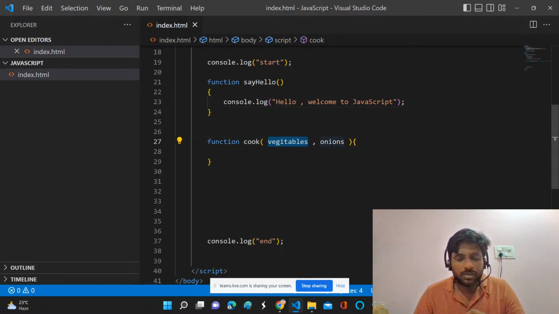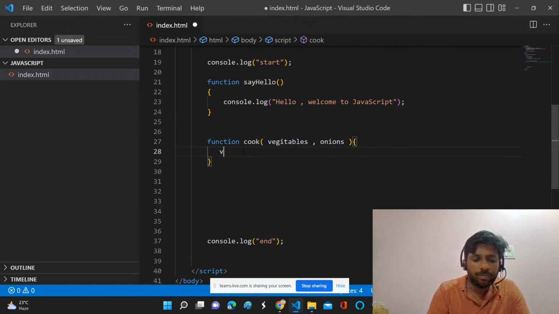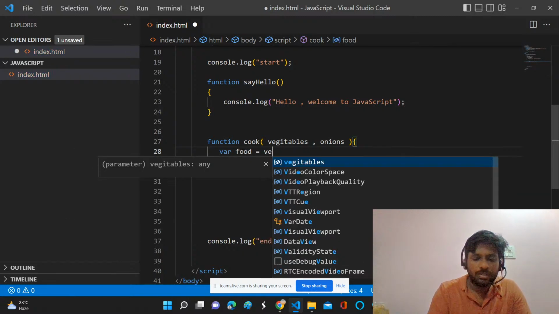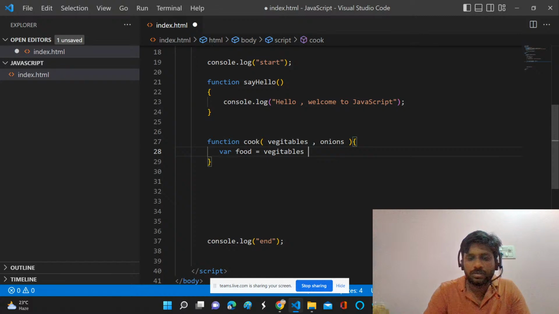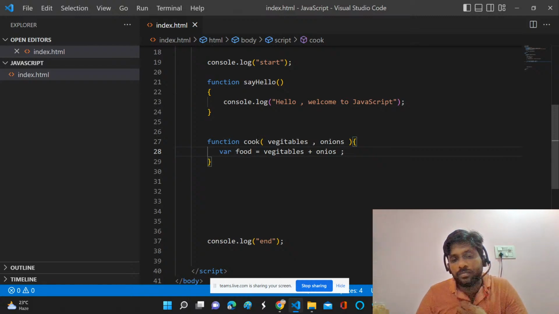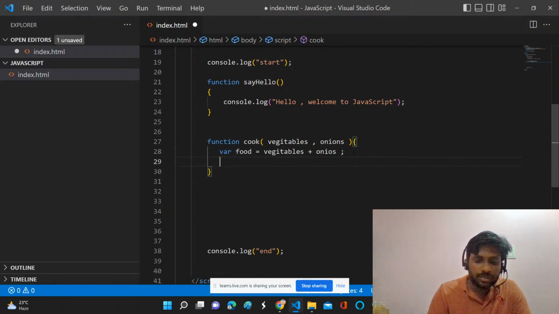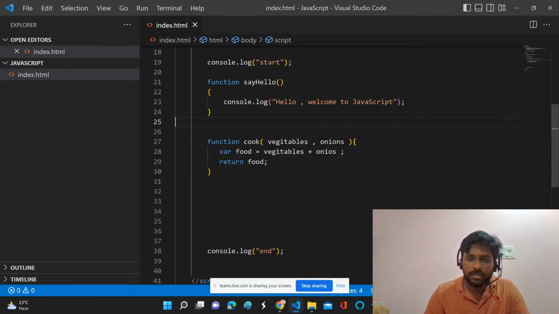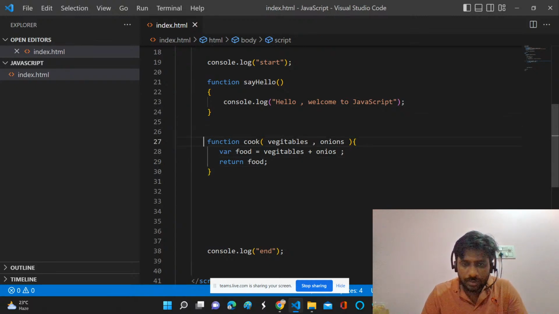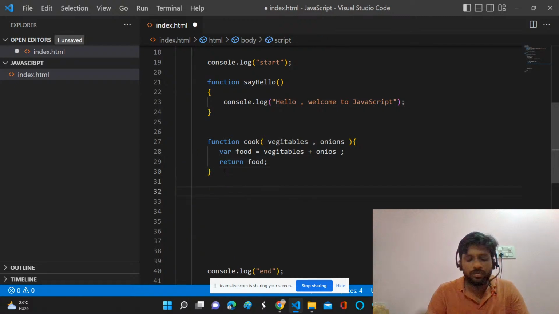If you give the cook vegetables and onion, some ingredients, he will prepare the food, where food equals vegetables plus onions. Then the curry will be ready, and he should return that food to you. So don't worry. Now in the same way we can write a few simple functions, so that it's easy